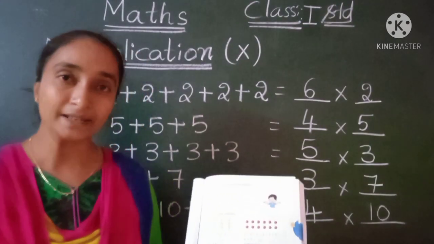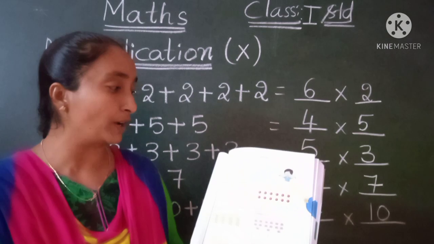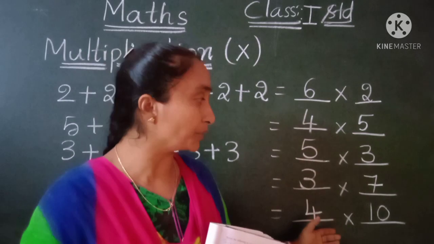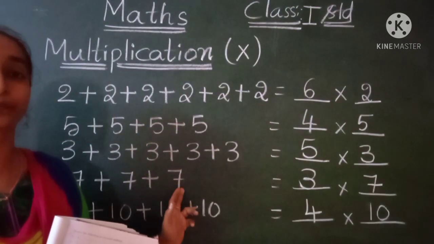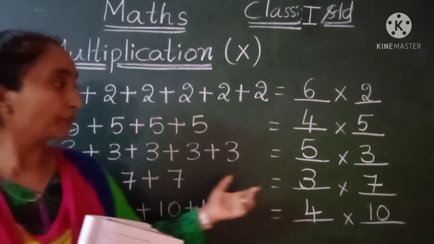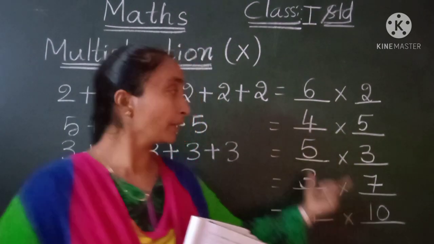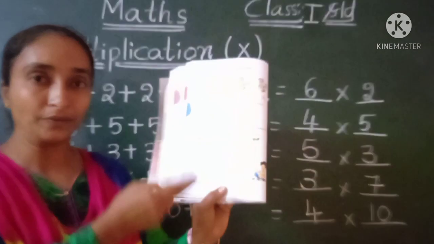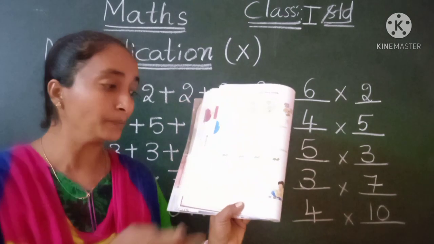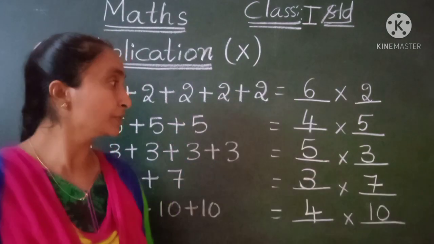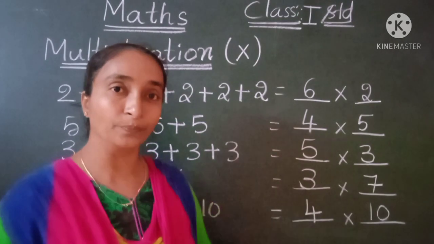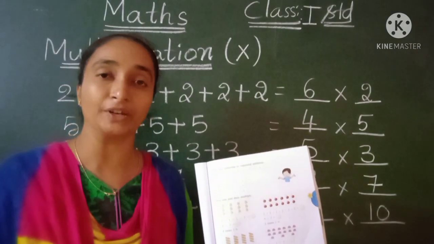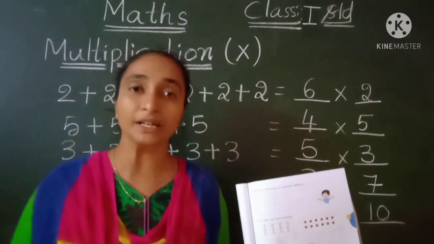Now on the next page, children, page number 75: write the following as repeated addition. That means this they have given and we have to write in this form. The repeated addition form we have to write. The multiplication they have given here and we have to write in a repeated addition form. On the previous page, repeated addition was given and we wrote it in multiplication form. This is a multiplication form because of the 'into'. Now they have given multiplication form and we have to write the repeated addition for it.